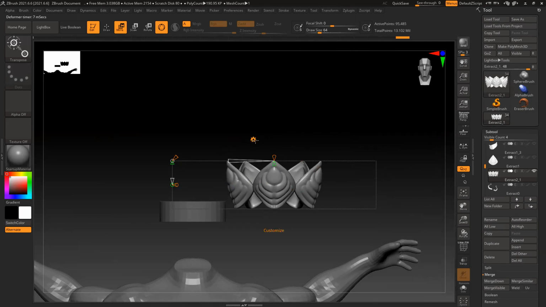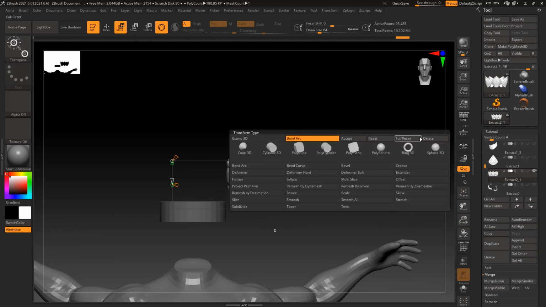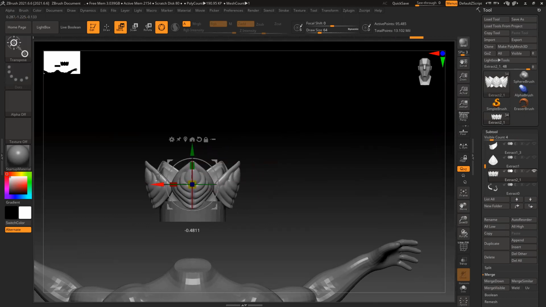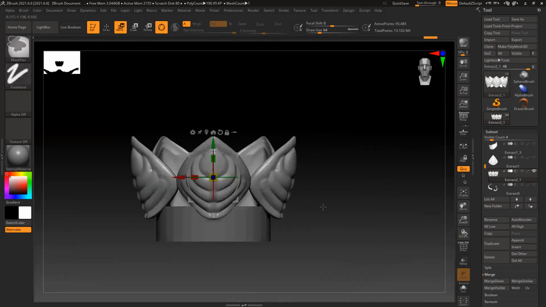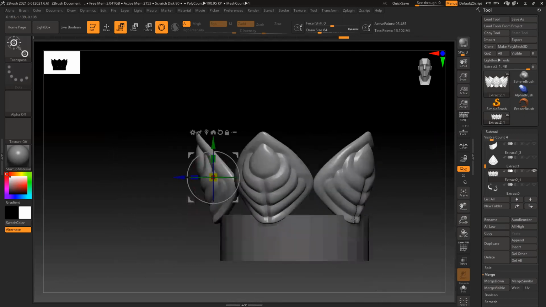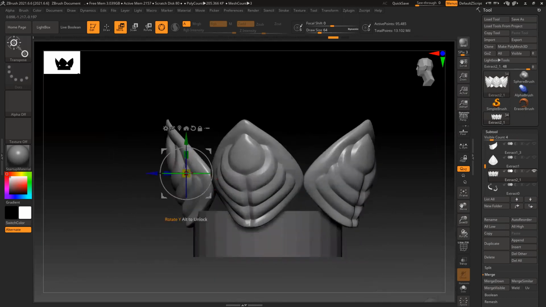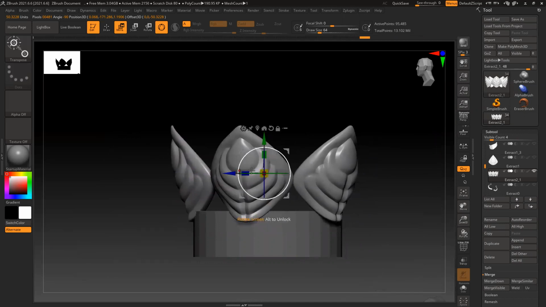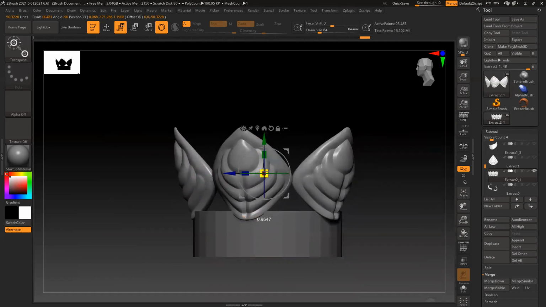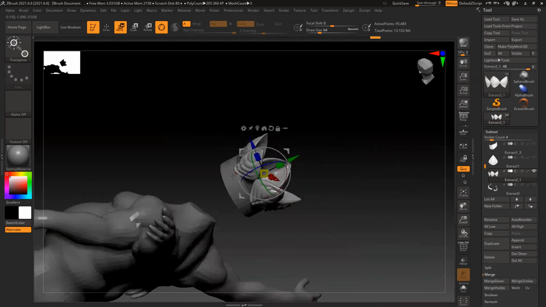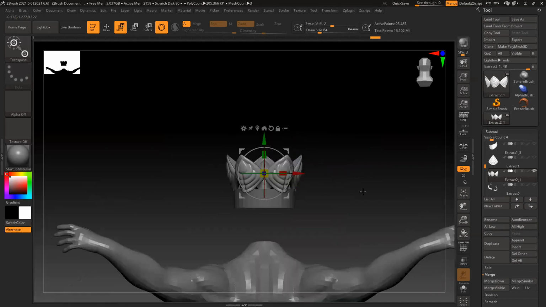A lot of things are already there that you can do very easily. Okay, so scale down slightly. Enter. Scale down. Now I can add more design here and make it nice.